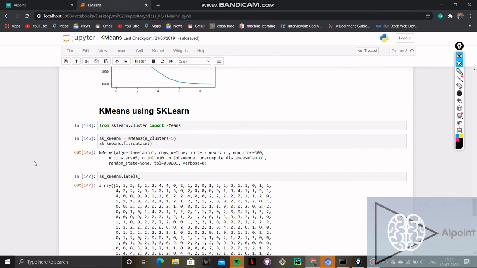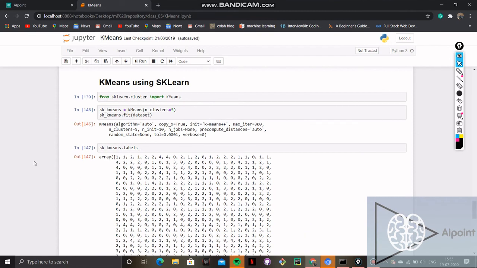Now we can also do this simply by using sklearn. Scikit-learn is a Python library to use these algorithms without implementing them from scratch.